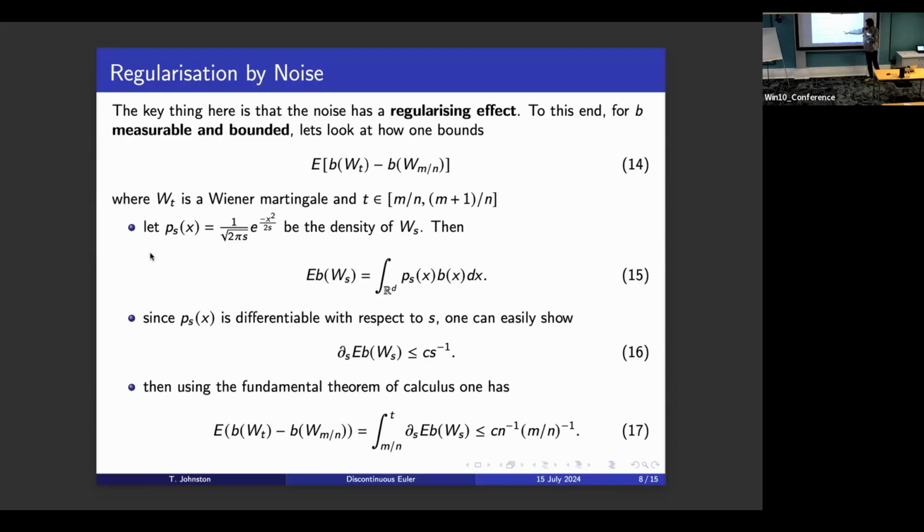And when we have this bound on the derivative, by the fundamental theorem of calculus, all we do is integrate this from m/n to t, and we get a bound of this form. So if one fixes t and lets m/n be the grid point to the left of t, then one finds that this decays as n goes to infinity. Obviously, there's a lot more work to do before you prove convergence of the Euler scheme, especially strong convergence. There are many tricks involved in this proof strategy. There's PDE theory. There's the stochastic sewing lemma from a few years ago, which has a lot of utility. So there's a lot which goes into this result, but this is just a model calculation.